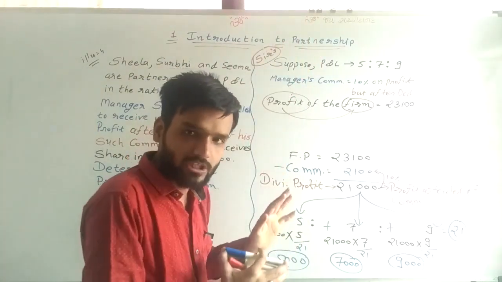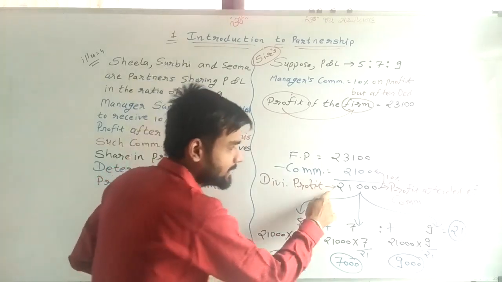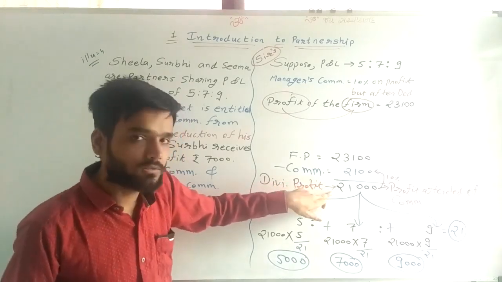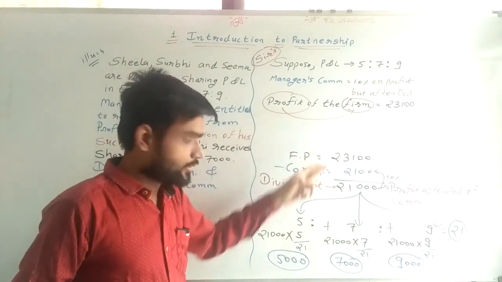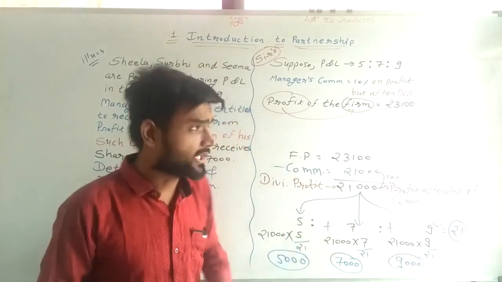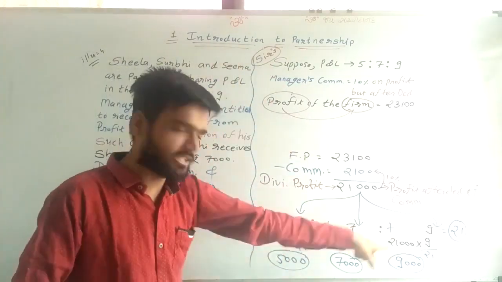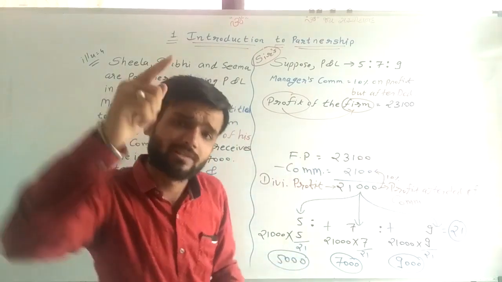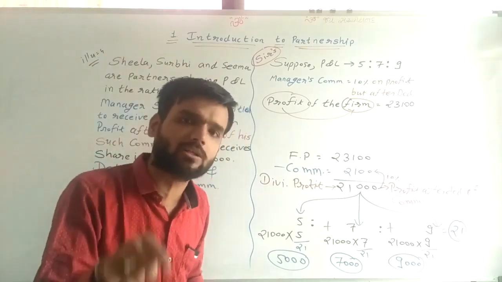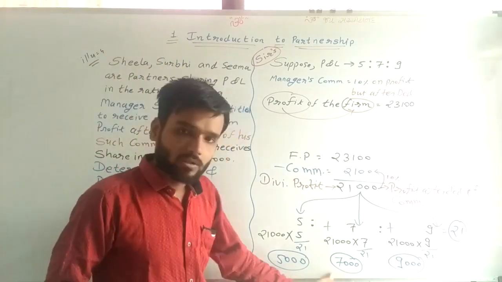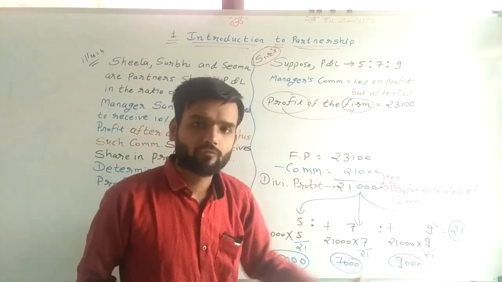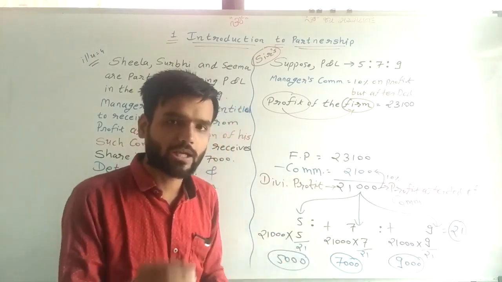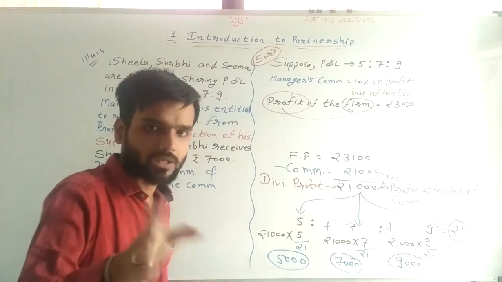That we have seen in this question. And this divisible profit is distributed among the partners. So if divisible profit is given, we can find the firm profit and the profit of partners also. Here commission is given to the manager. That's why it is not added to the partners' profit. In the last lecture, commission was given to a particular partner. That's why that commission was also added in that particular partner's account. But here commission is not given to any partner. That's why the profit of partners is here 5,000, 7,000 and 9,000 only. We are not adding the commission 2,100 to any particular partner's account.